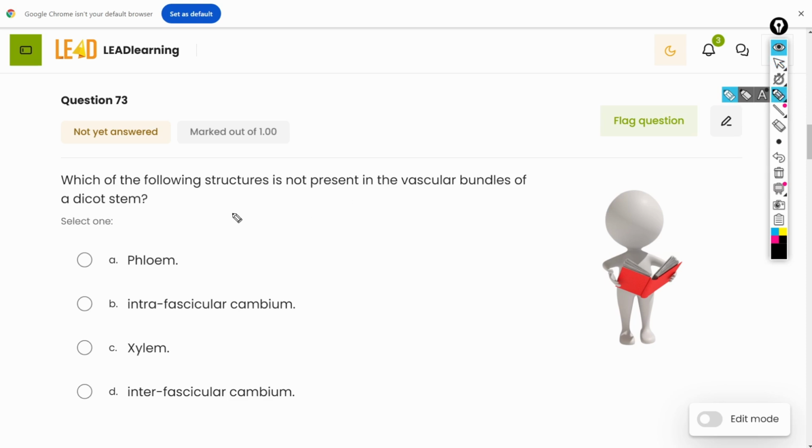Question 73. Which of the following structures is not present in the vascular bundles of a dicot stem? Now, vascular bundle here simply means xylem and phloem. And our emphasis here is on a dicot stem. Now, if we look at the structure of a dicot stem, which will actually take me a while to draw,